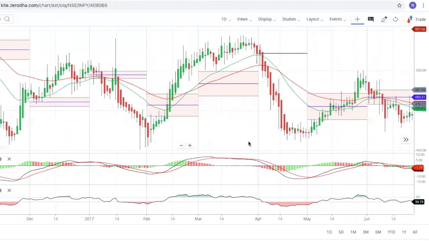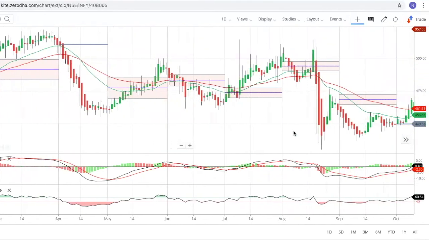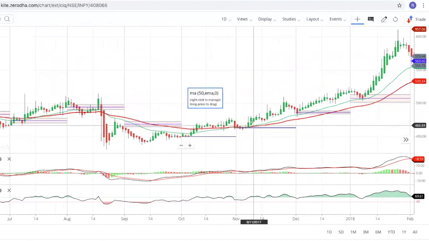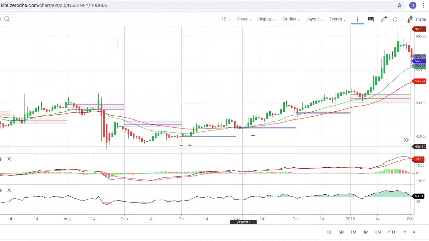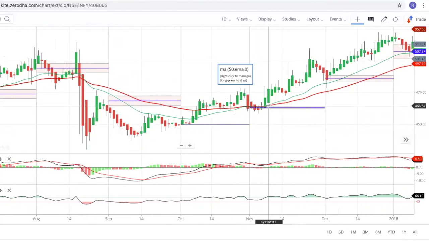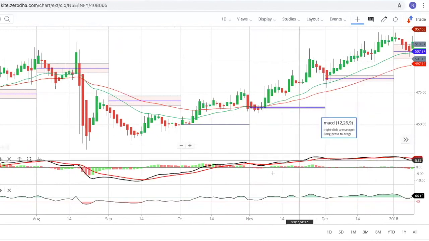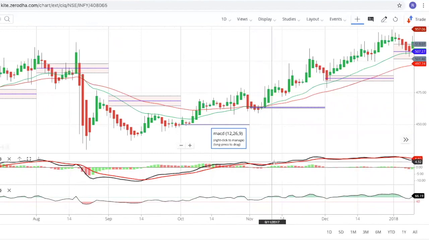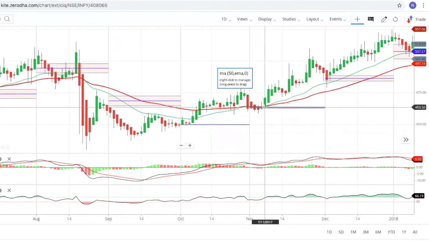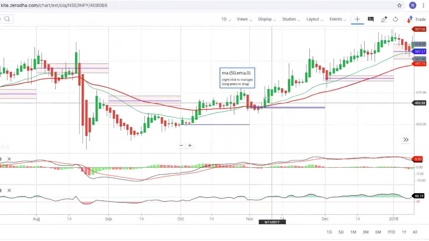Let's see where we are getting this option. Okay, so you can see over here, I'll just enlarge a little bit. This green line is crossing over, you can see that clearly. Here also the MACD line, the black line, is crossing over the signal line. RSI is above 60. So here you can see Heiken Ashi has formed a bullish candle. So this is a place to enter.